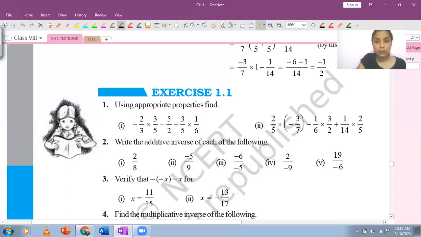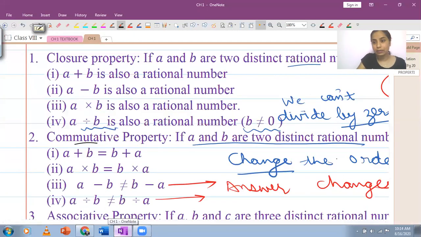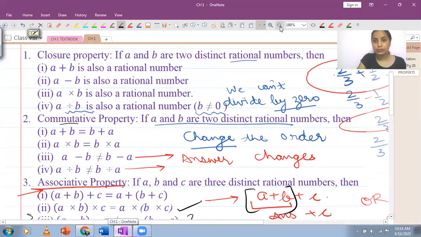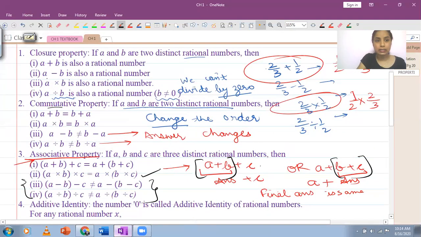Other than that, there is one more property which I'll mention at the end, which you have used time and again. I'll just mention the name right now, distributive property. So let's just go back to the other properties and then we'll come back to this one. So anyone who wants to ask anything regarding closure, commutative or associative property? Anyone?